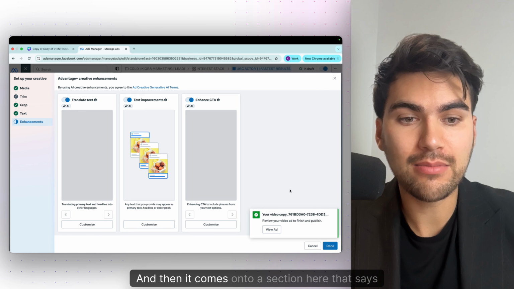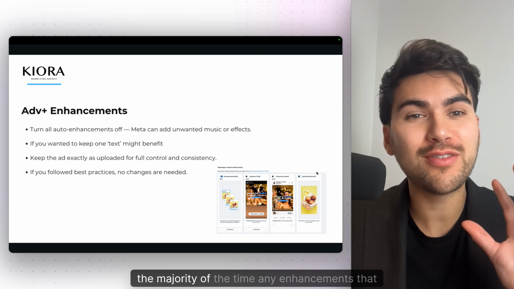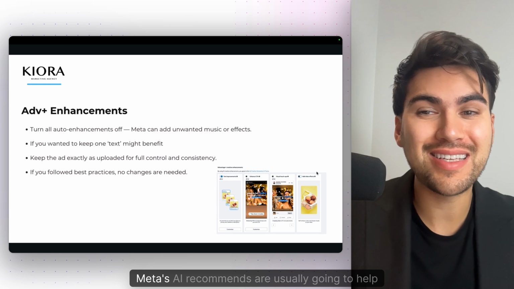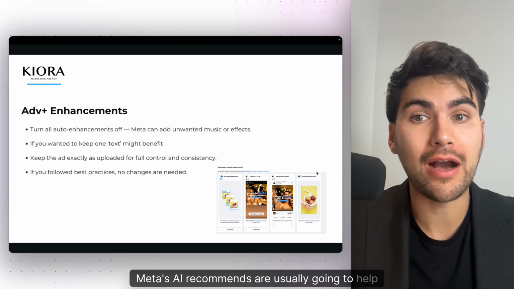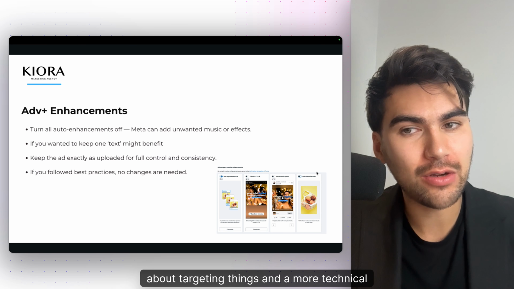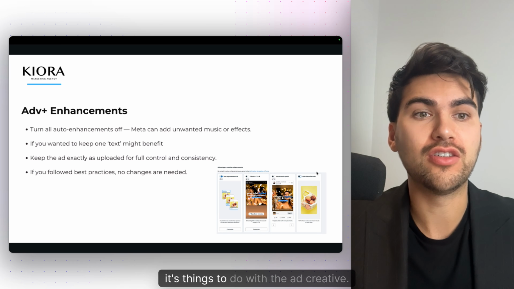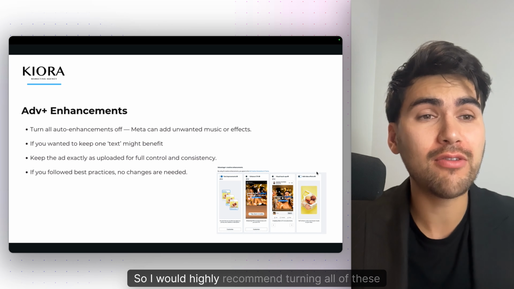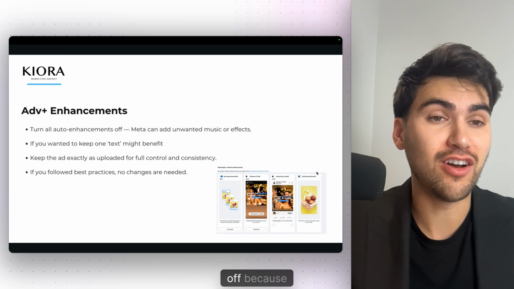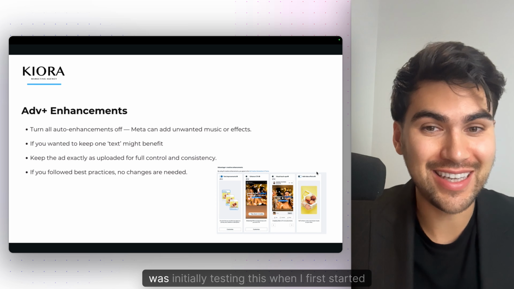And then it comes onto a section here that says enhancements. Majority of the time, any enhancements that Meta's AI recommends are usually going to help you. This is definitely the case when we're talking about targeting things and the more technical aspects of the ad. One thing where it's just not there yet is things to do with the ad creative. So I would highly recommend turning all of these off, because I've had some absolute horror experiences when I was initially testing this,